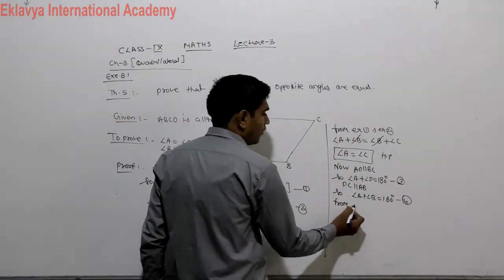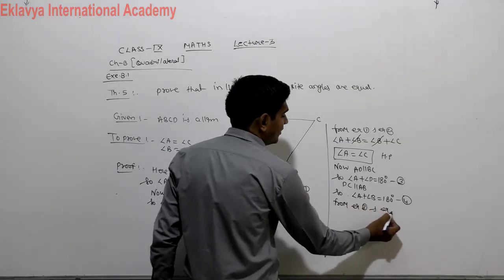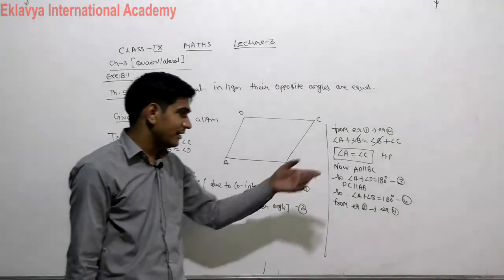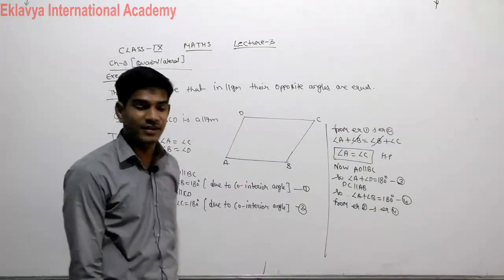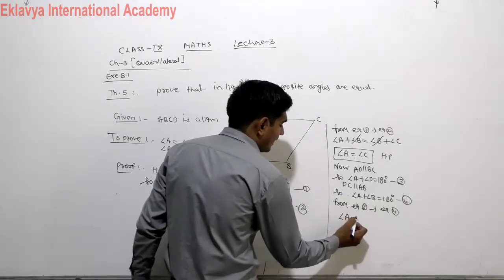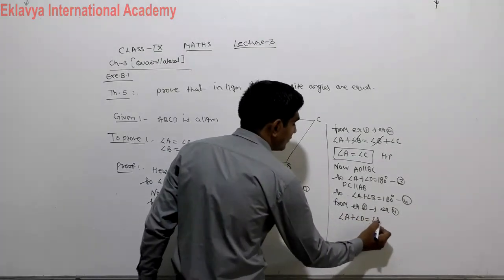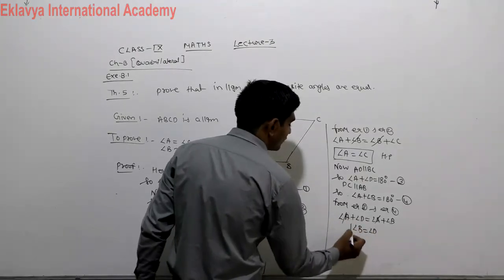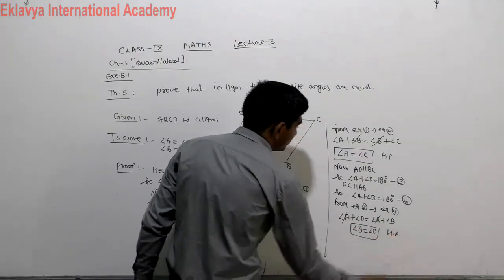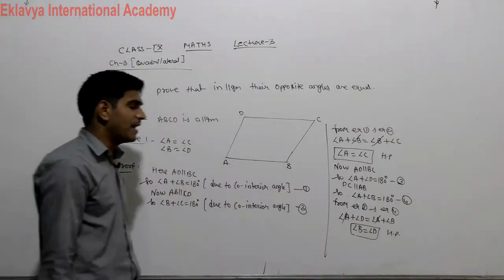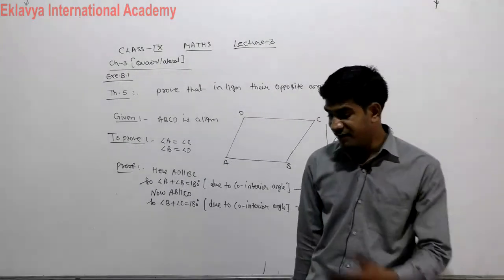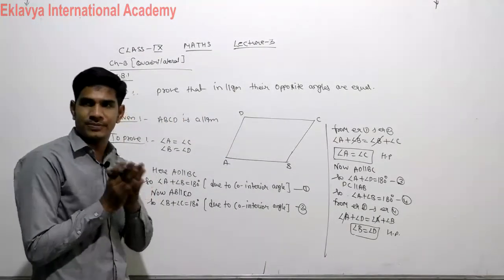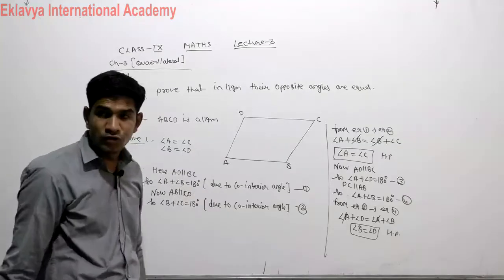Now from equation third and equation number 4, in equation third the right hand side is 180 degrees, and in equation fourth the right hand side is also 180 degrees. So angle A plus D is equal to angle A plus B. Angle A cancels. Angle B is equal to angle D. Hence, you can easily prove that in a parallelogram opposite angles are equal. By which property did we prove it? Using the co-interior angle sum property. Understand? Any problem? Now theorem number 6.